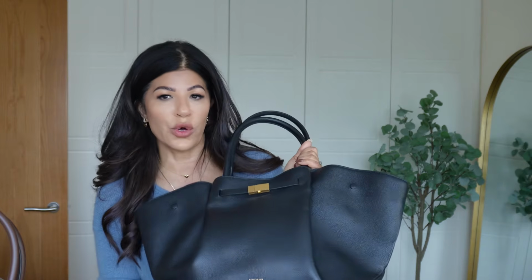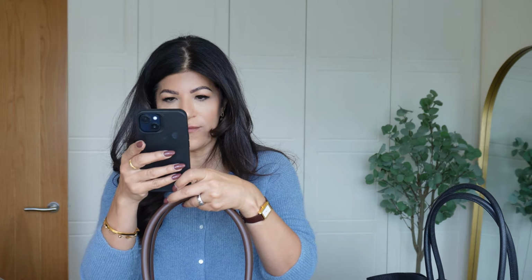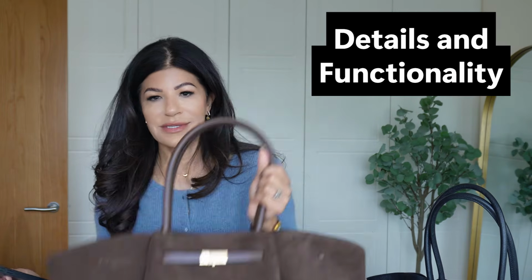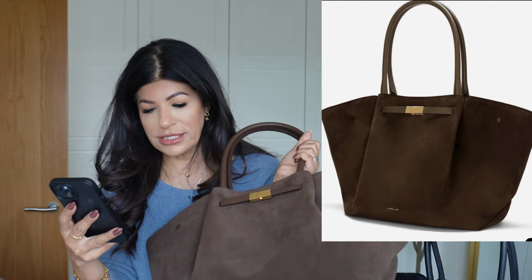So the price range and the quality is very similar. Let me show you the actual bag I'm talking about. The actual colour of this bag, let me just make sure that I've got the right one. So the actual name and colour of this bag is the DeMellier New York, and this one is the Mocha